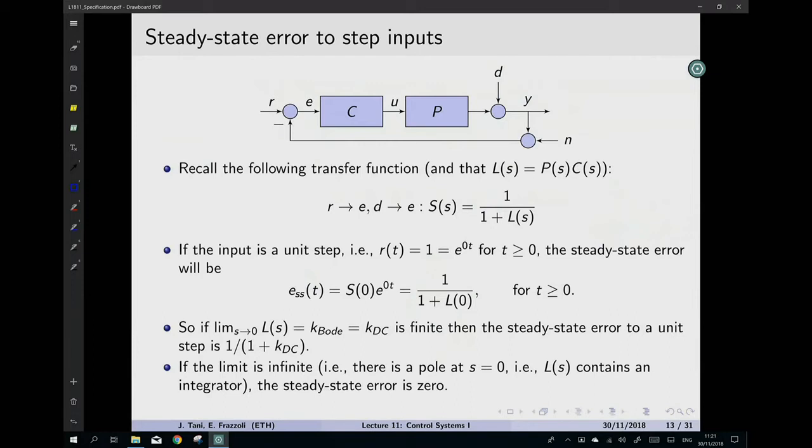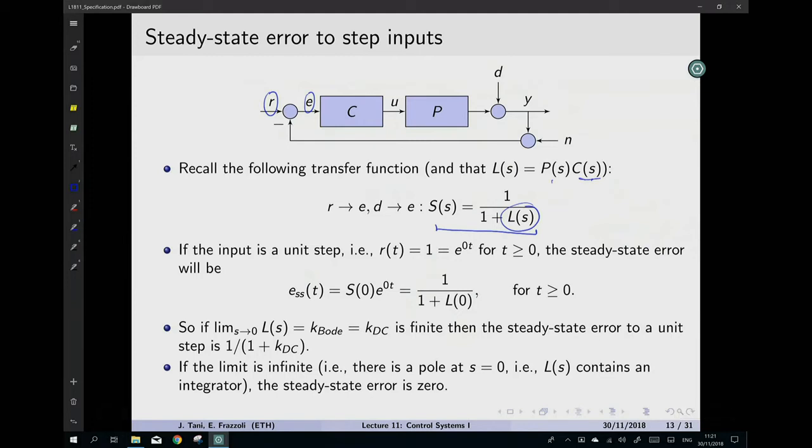So the transfer function between R and E, which is the same as the transfer function between D and E in this case, but for now you can forget about the disturbances and the noises, is given by the sensitivity function here, okay, where L of S is the open loop transfer function, which is P times C. In this case, we consider C to be just any